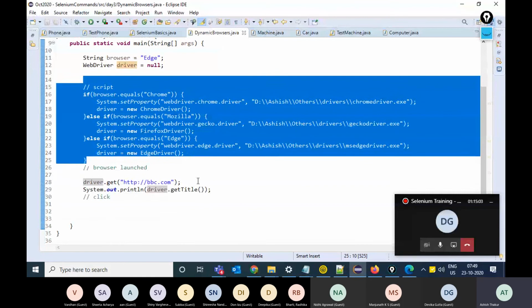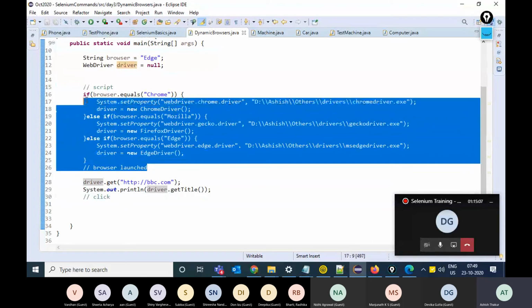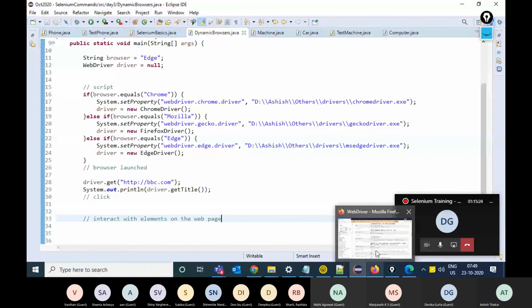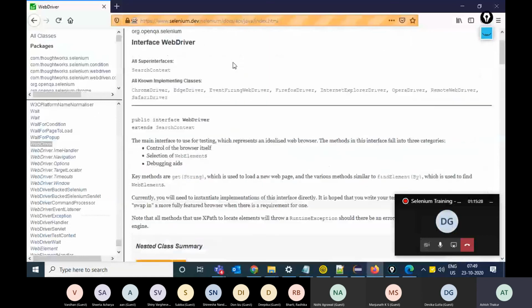Now the next thing is that once you have launched the browser, how do you interact with the elements on the web page? In case of Selenium, the elements on the web page are known as web elements.